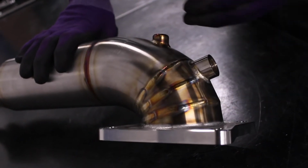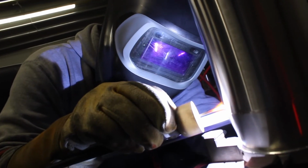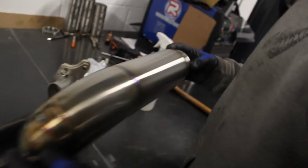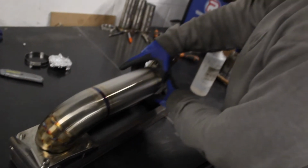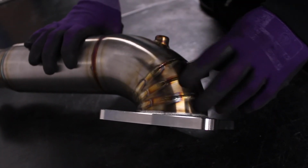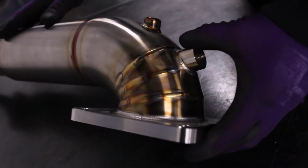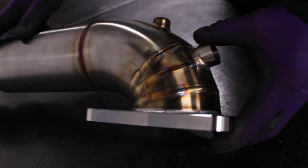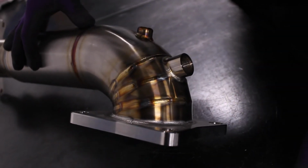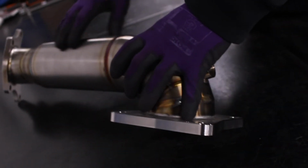Given that we are wanting to reduce the centerline radius quite a lot, we need to increase the internal volume here, because we've reduced the flow of the bend as such. So we've increased it to 3.5 inch diameter, which is more than big enough for whatever power output you can get out of a stock or hybrid turbo, which I would imagine is somewhere around 500 at the max with a hybrid. Yeah, so there's more than enough room in there for that kind of gas flow,